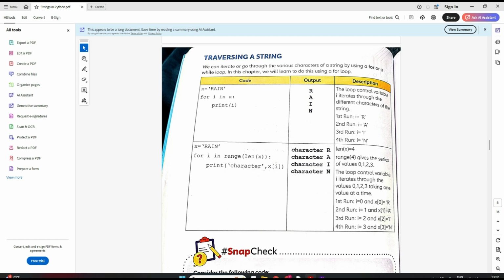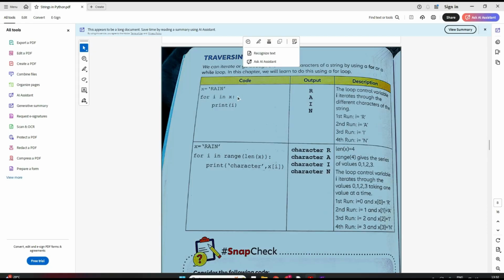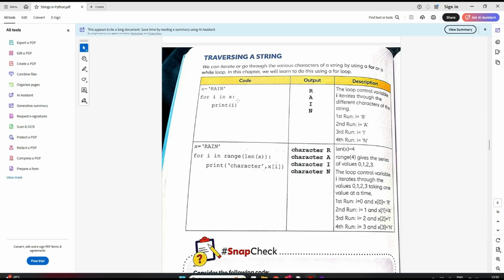Let's try to understand a for loop here. Now see, in this example, this is my string in a variable x. I want to traverse this, so I'll write for i in x and a colon, which, if you remember for loops, the colon is important. So for i in x, it will traverse and then print i.